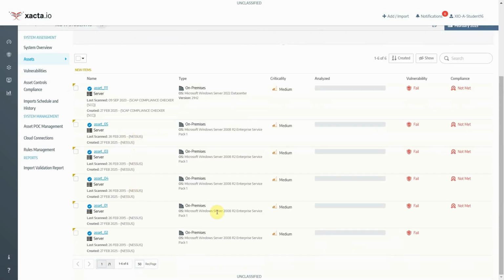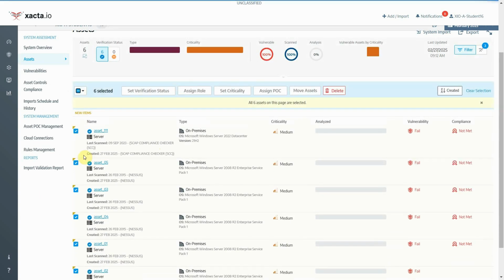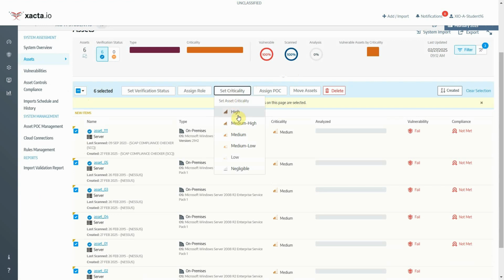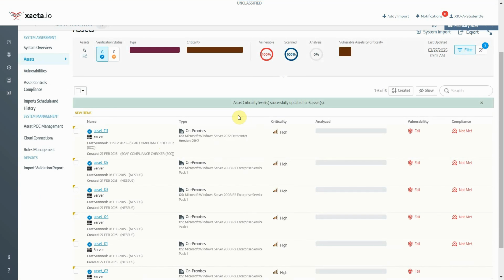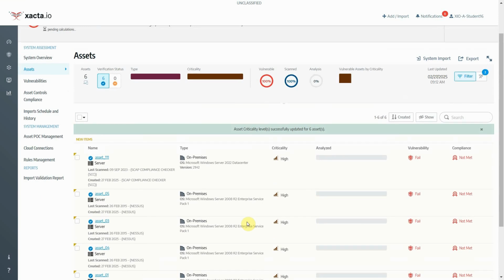Now all 6 of these servers I'm going to say is a criticality of high, because if I lose any of these servers, my mission can't happen. So I'm going to select all 6 of these servers at the same time, and I'm going to set their criticality level to a high. Now that we've set their criticality level to a high, the next thing to do would be to do our